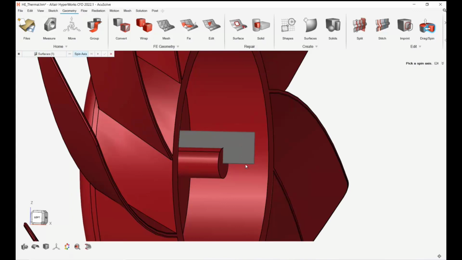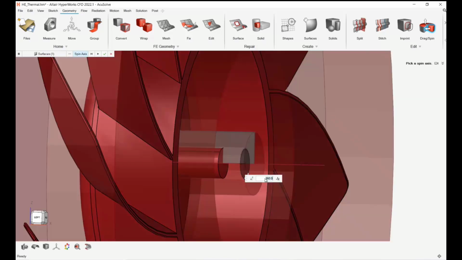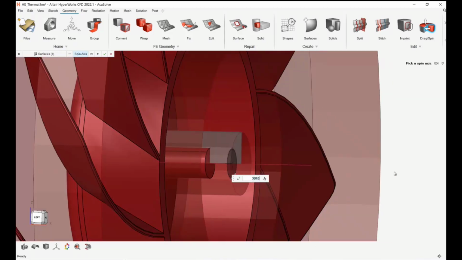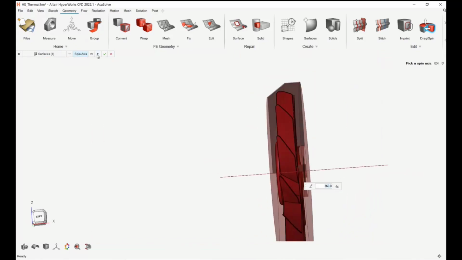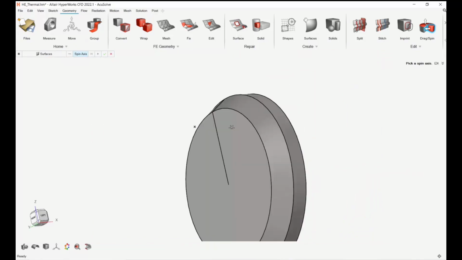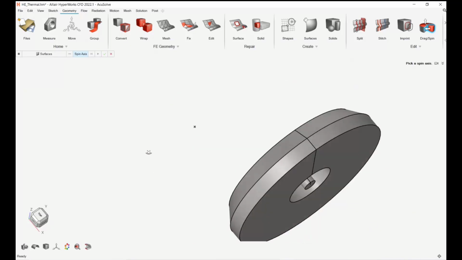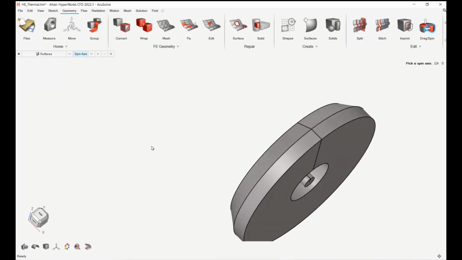So I can zoom in and define that spin axis. And I want to rotate it by 360. I can just enter that value, and it will show you the preview of the newly created domain. And if you are okay with that, you can create that. So this sketching will help you to create first a sketch, and then we have many tools to create